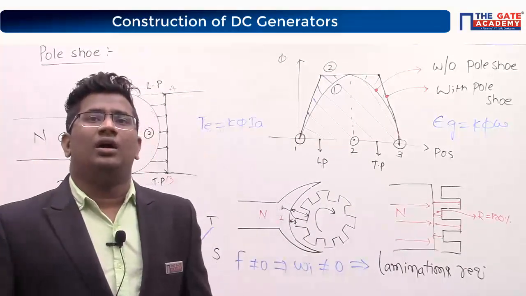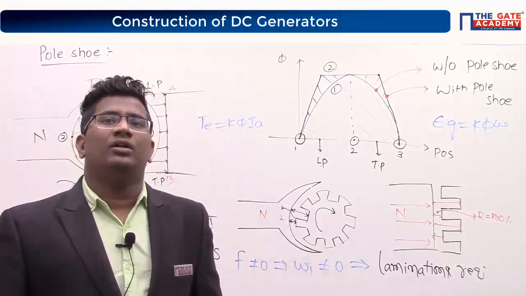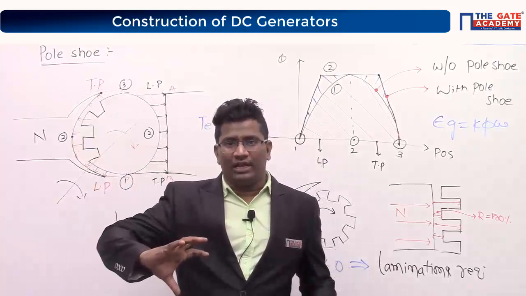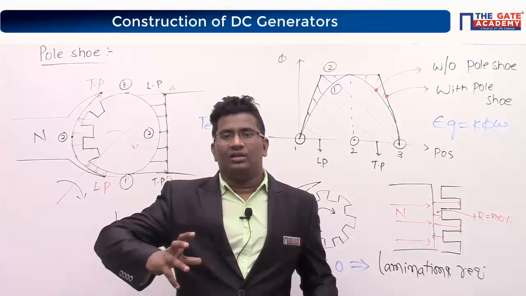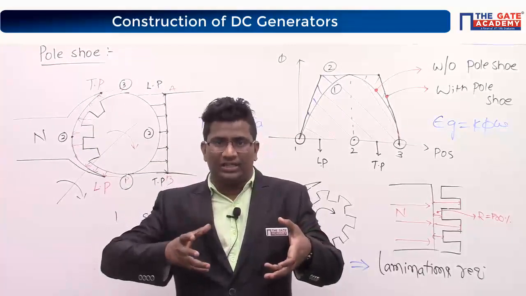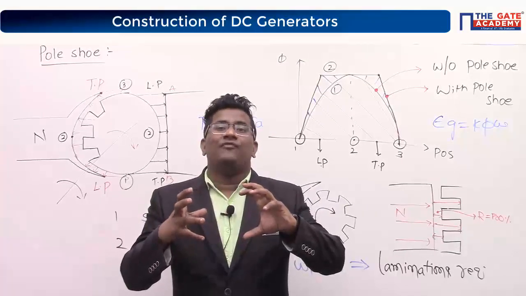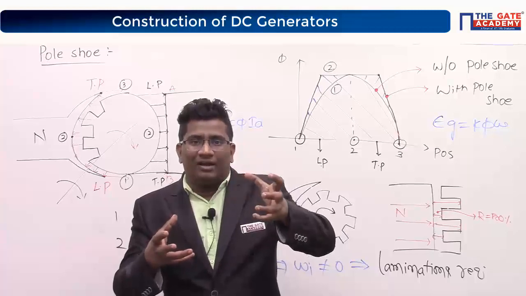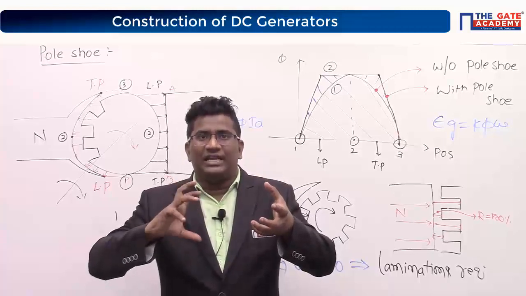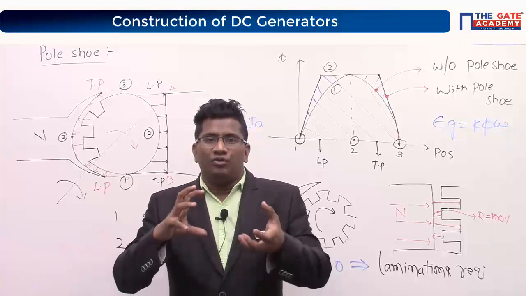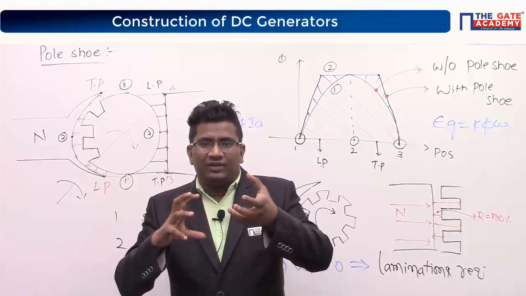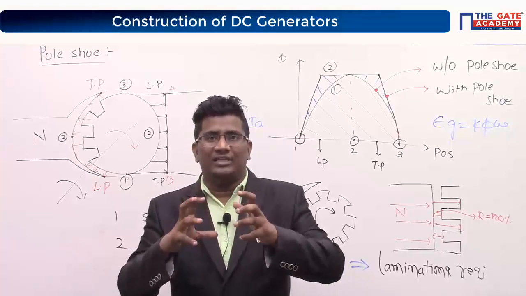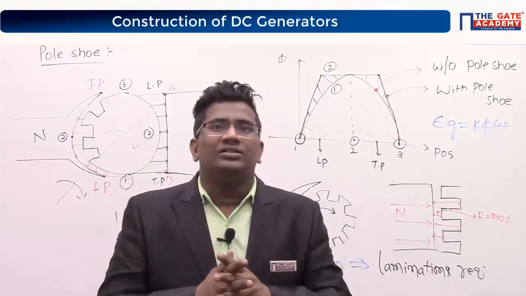Prime mover torque is opposed by the electromagnetic torque of the rotor. Yes, definitely. Your prime mover wants to rotate in the clockwise direction. Your electromagnetic torque will oppose that rotation in the reverse direction. But how is it applying a force? Forward, backward, forward, backward. It means your rotor is also oscillating. For a few movements, because of the forward, it is opposing. For a few movements, it is supporting.